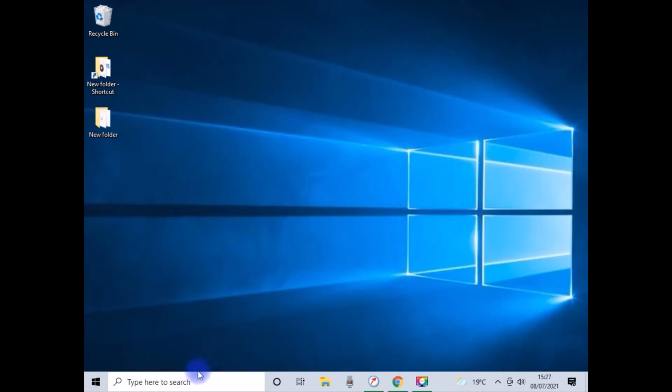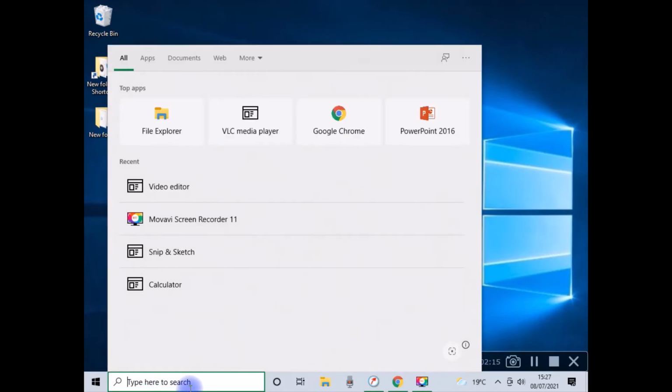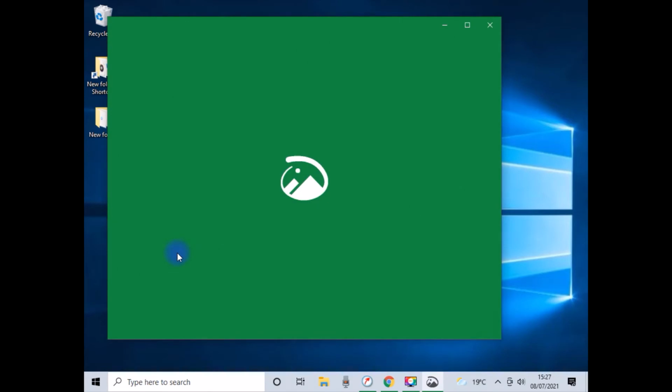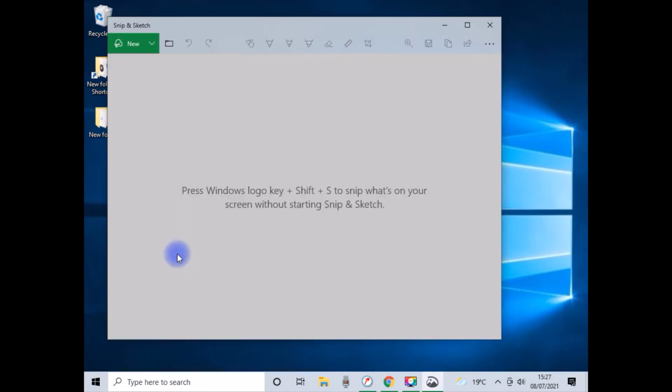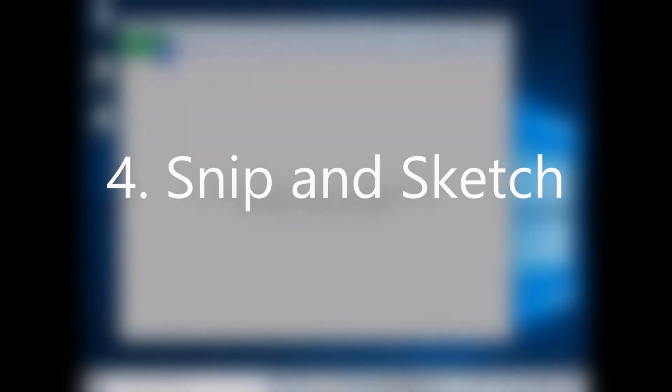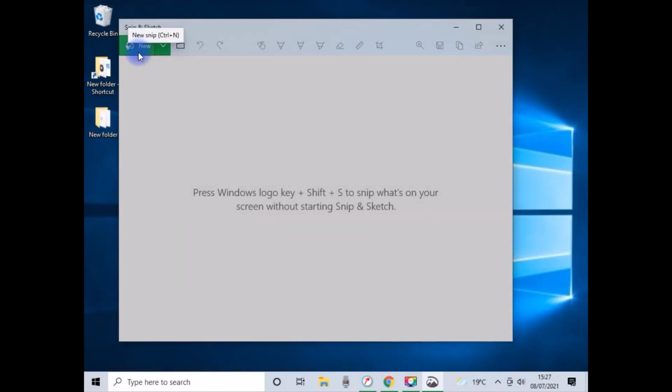The fourth application that comes with Windows 10 is the snip and sketch. Guys, this one actually functions as the snipping tool with an added feature, the sketching part. So if you open your snip and sketch from the search bar, once you come to new,